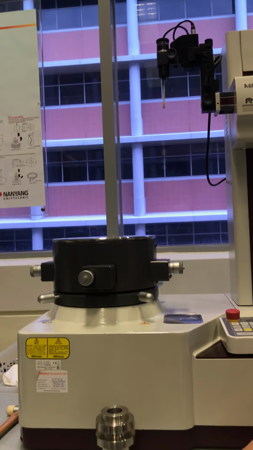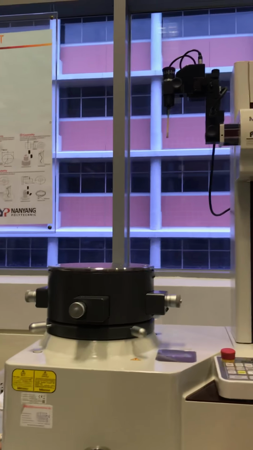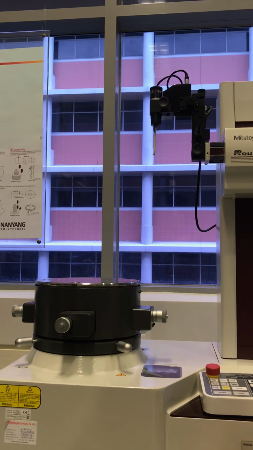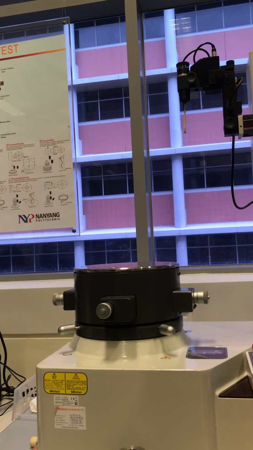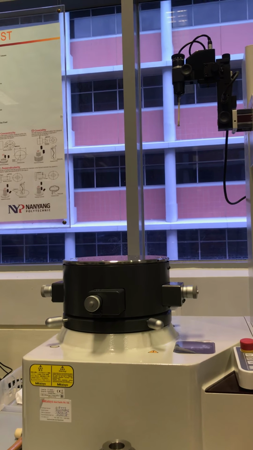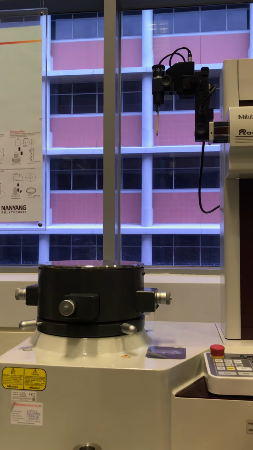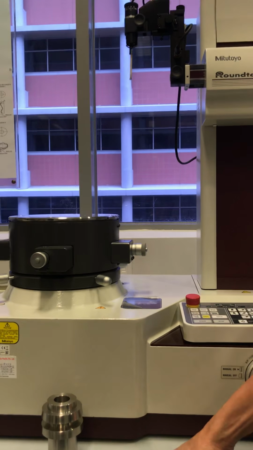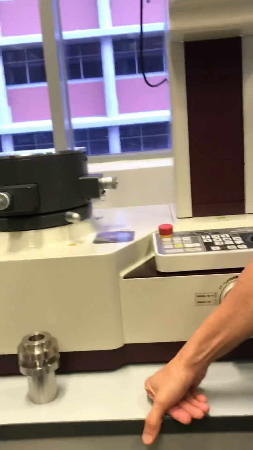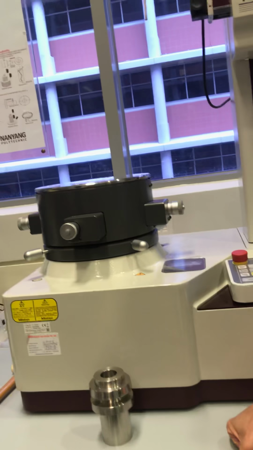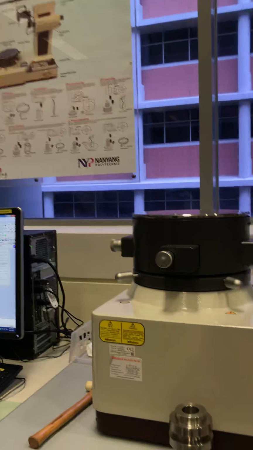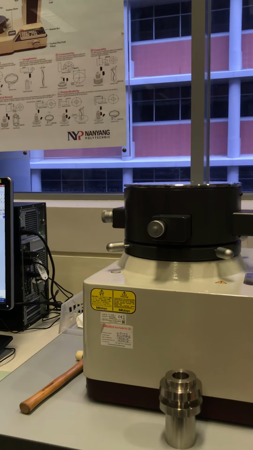Okay, why do we check roundness? Anyone? What is roundness? What do you mean by roundness? The tolerance formed between two circles. Nobody can understand, right? What do you mean by that? In layman's terms, any circumferential line must be contained within the tolerance zone formed between two concentric circles. What is the meaning? Nobody can understand. So that means in between two circles, then it is